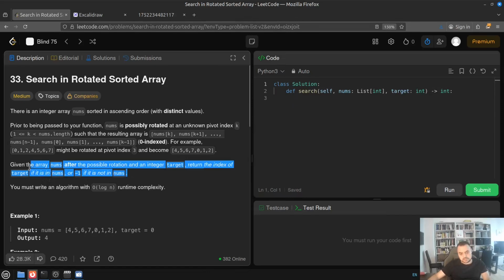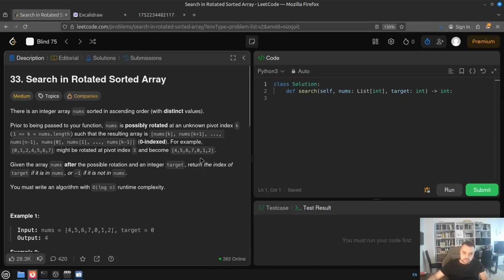Yeah. So that's the standard search operation. You have to find the given key or given target in your array and return the index on which it's placed, or -1 if it's not inside your array. But the only complication, or the only additional thing, which I say only, but it's making the problem much harder, is that this array has been rotated